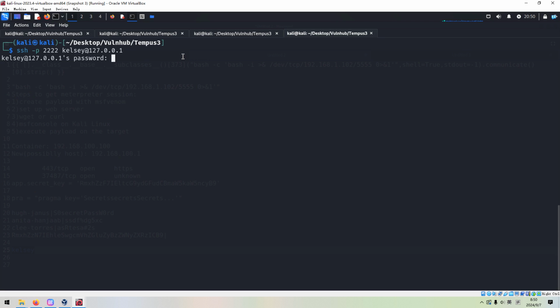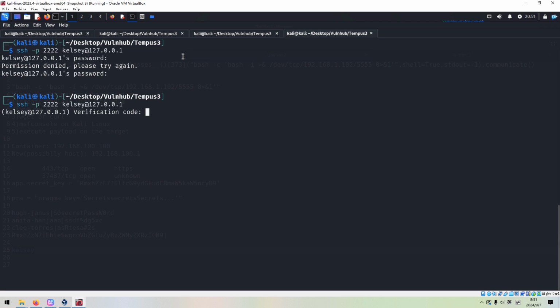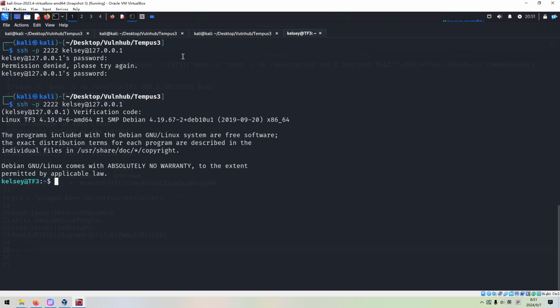We need to try several times. As you can see, we successfully logged into the target.